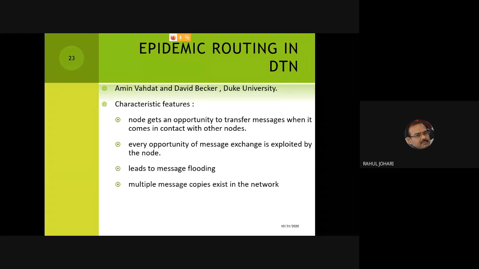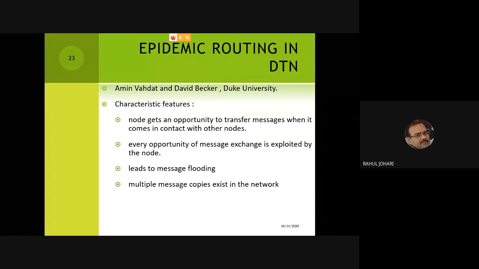Multiple copies of the message can lead to message flooding. That is going to happen because in epidemic routing, the name itself says it is a replicated message routing scheme. For a single message, you need to generate multiple copies, and that's one of the quickest routing schemes, because you have flooded the network with so many messages with the assurance that at least one of them will definitely reach the destination.